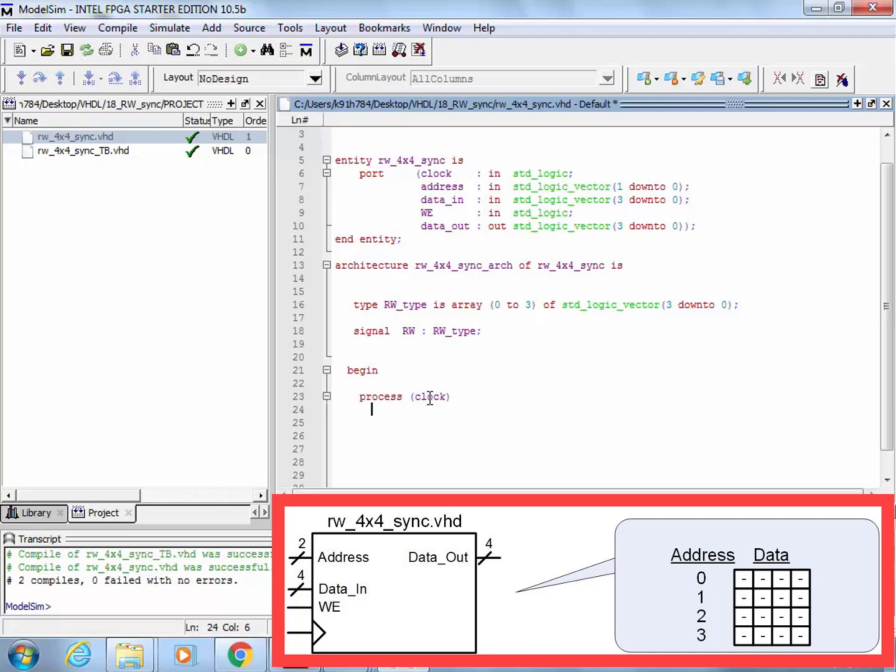So I'm going to say begin. And then I say if rising edge clock. Then I come back over here. I always forget the thens. Okay. Then I'm going to come down under here, and this is what I'm going to do. I get a rising edge. I need to check if write enable is asserted. So how do I do that? I put a nested if in here. So I go if write enable is equal to a 1, then